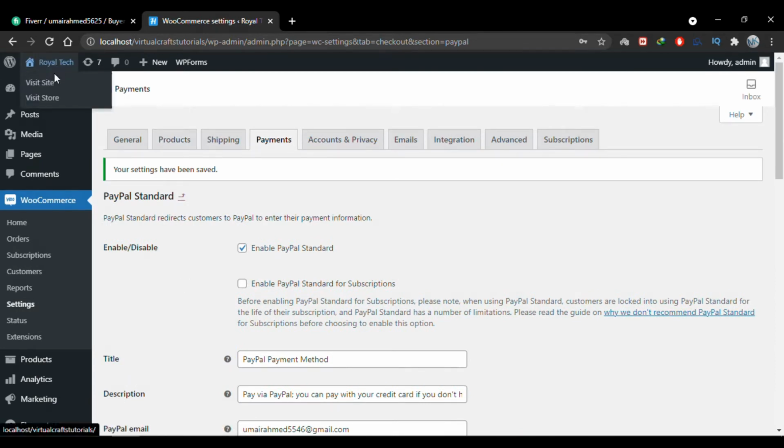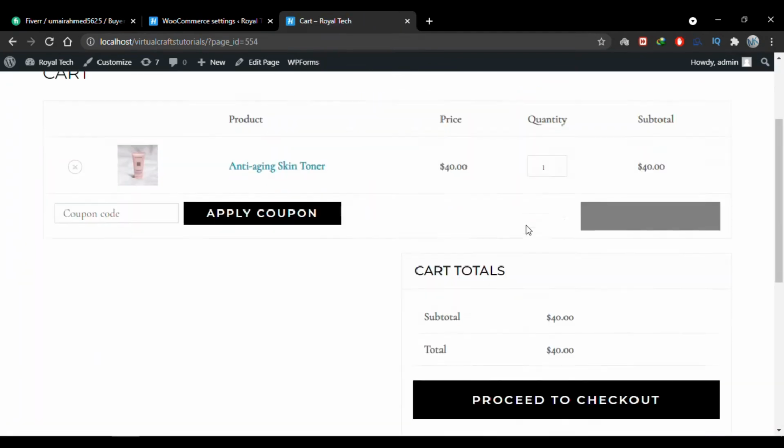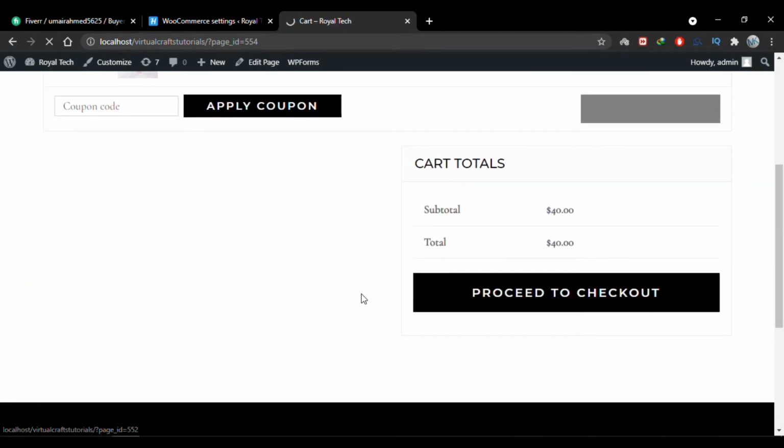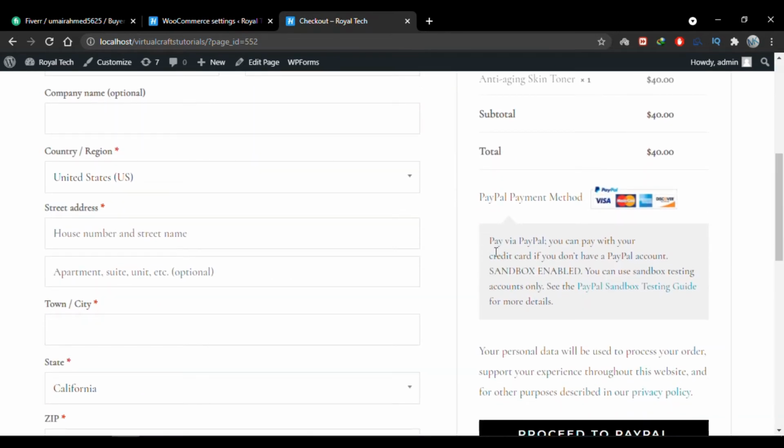So I'll open the site and see how it looks. I'll go to the cart and proceed to checkout. And when I scroll down, you'll see that the message that said there is no payment method set up is gone, and now we have the PayPal method added.